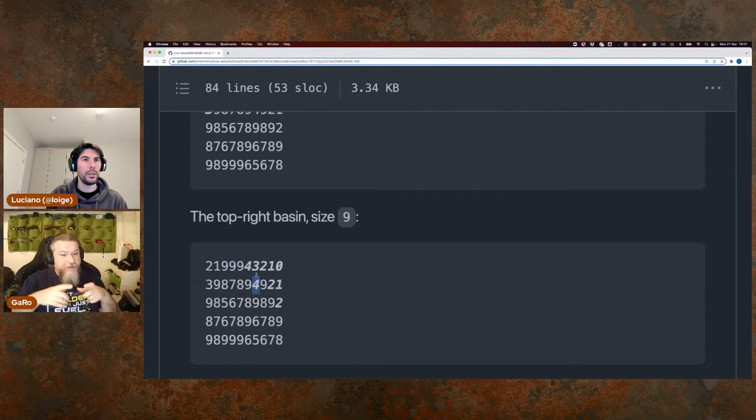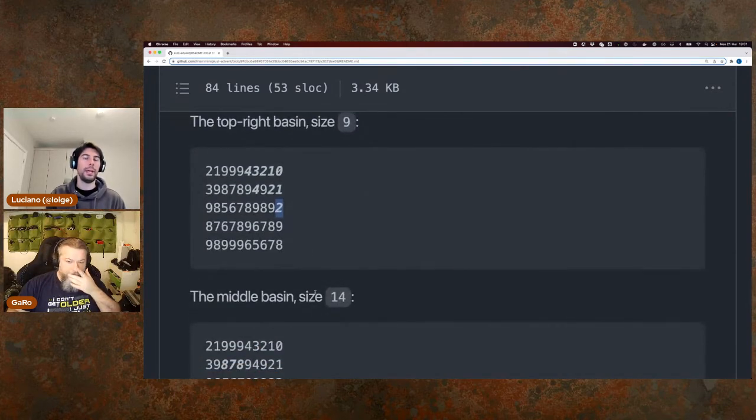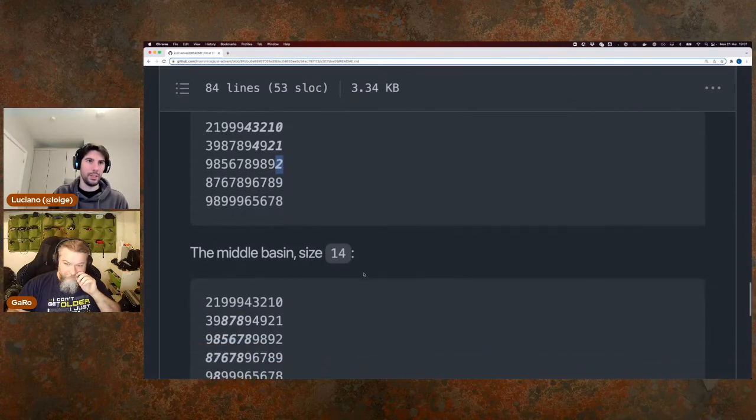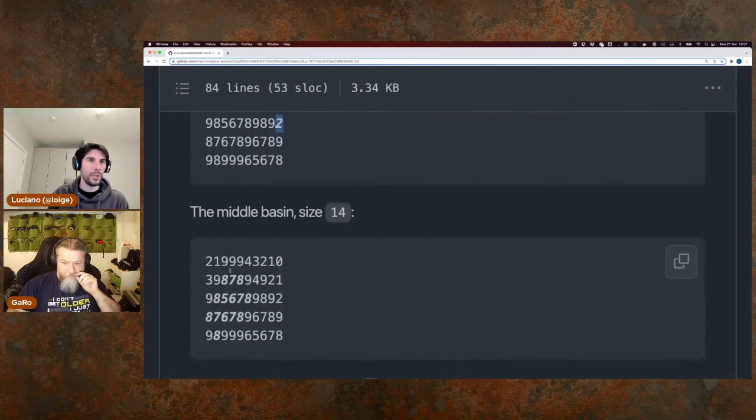Because it's not square. It can have any kind of shape. Yeah, exactly. It's like a flood fill. It's only the 9 that is like a hard border. Okay, so this one goes here, then here, then here, here. Wait, here. Okay, makes sense. So the middle basin size is 14, and this one, yeah, this one is a little bit more complicated